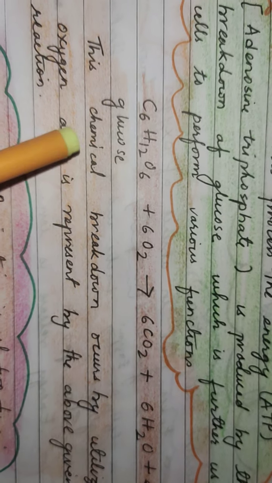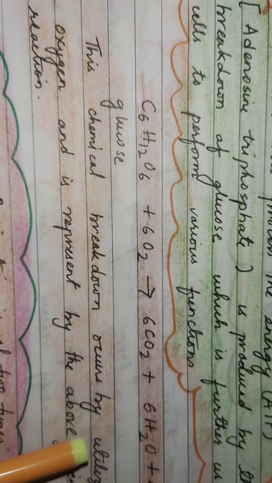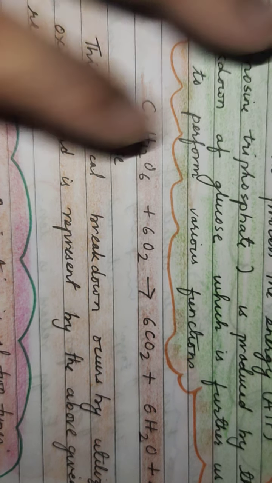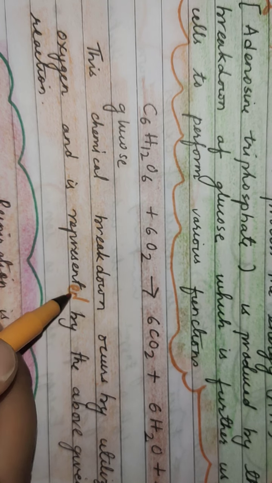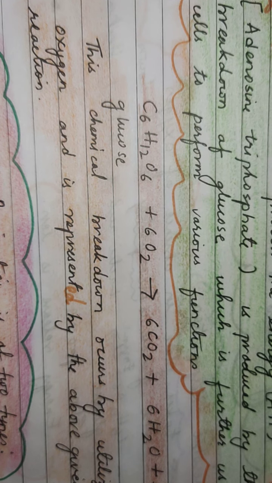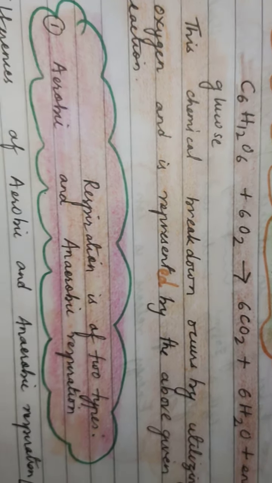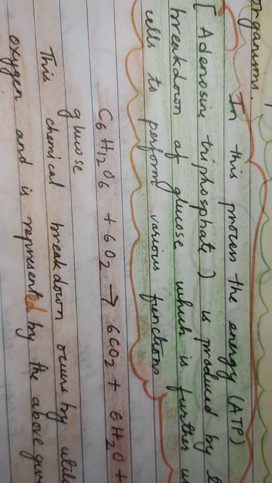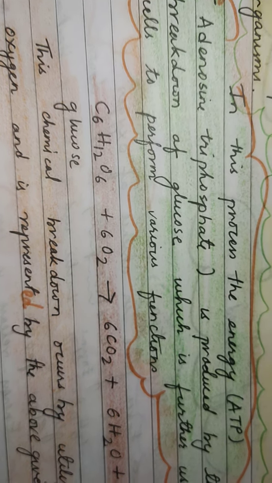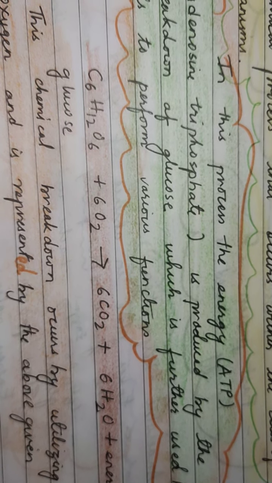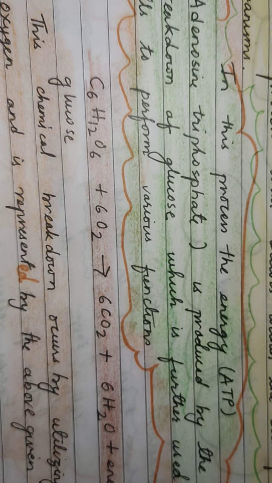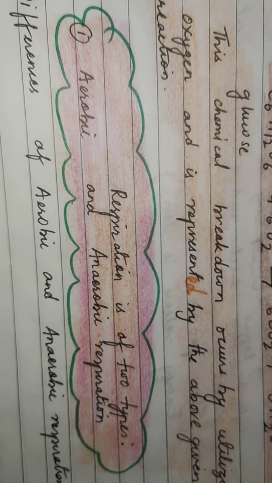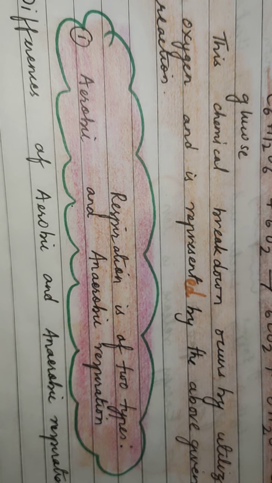So this chemical breakdown occurs by utilizing oxygen and is represented by the above given reaction. So once again, it is the breakdown of glucose in presence of oxygen to give us carbon dioxide, water, and energy is released. Now in the present syllabus, it's given that we need to know the types of respiration and